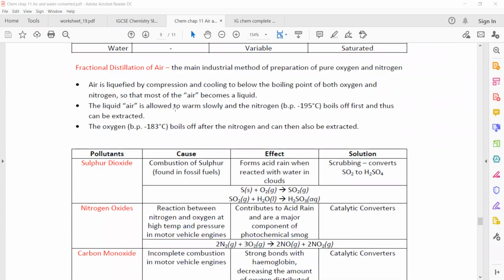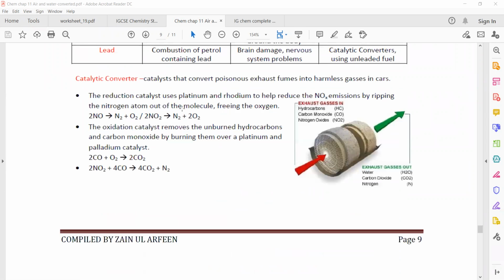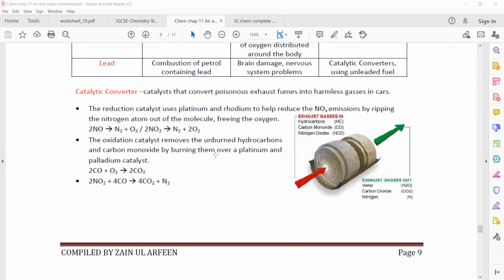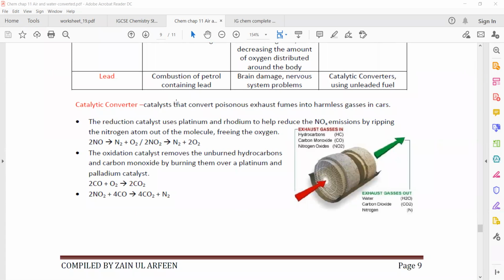For the car catalytic converter, what is the purpose of this car catalytic converter? Because what happens as we burn fossil fuel like petrol, we are burning the petrol inside the car engine. So this combustion